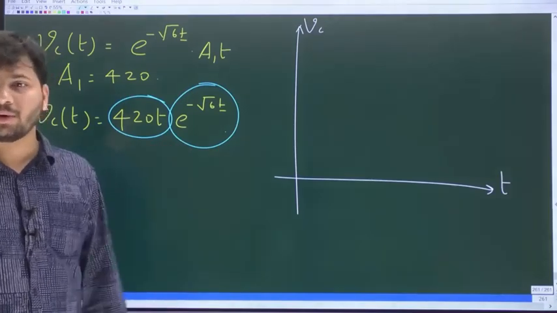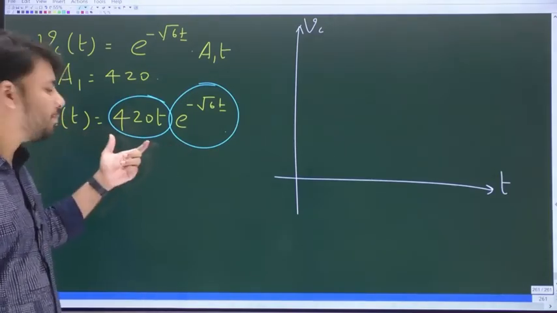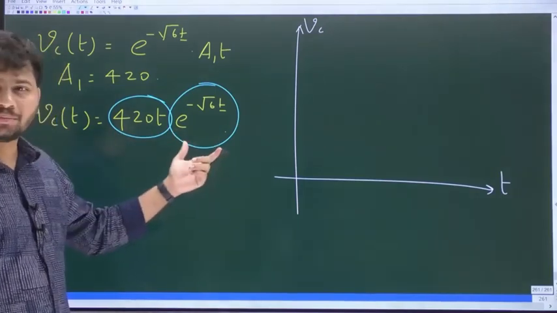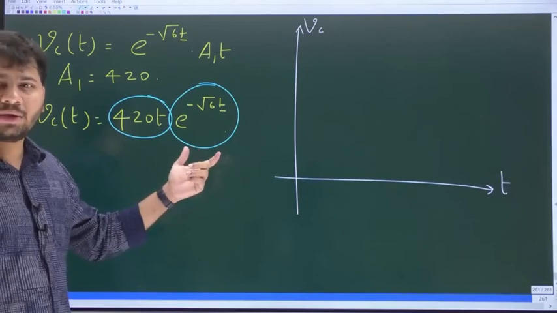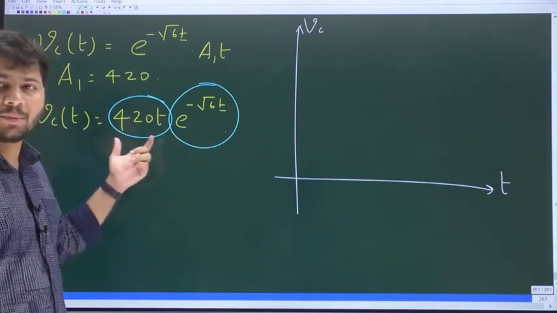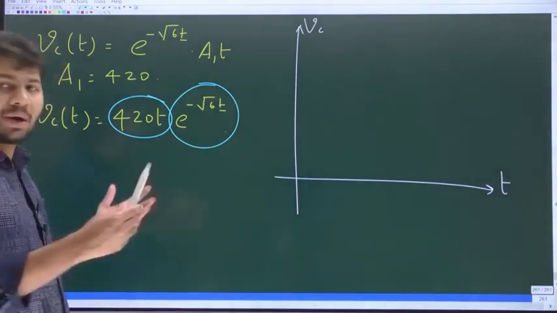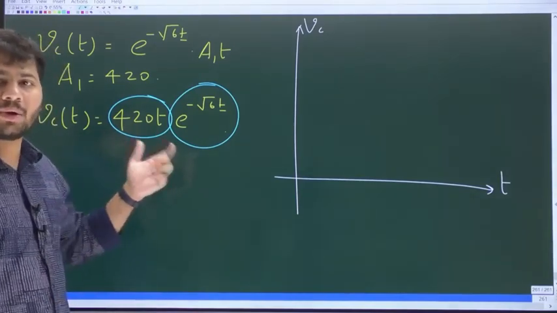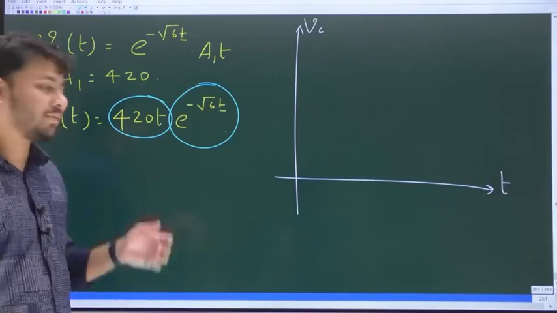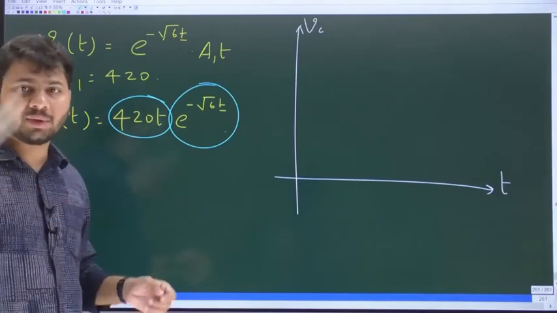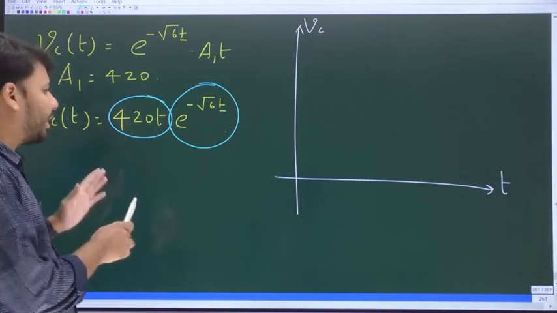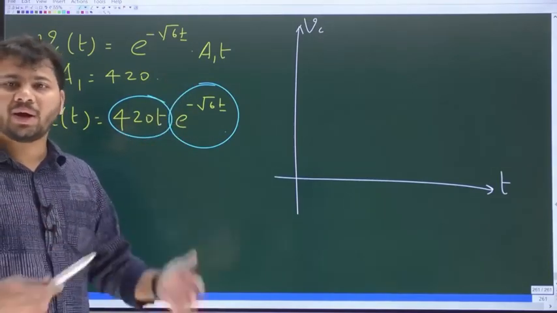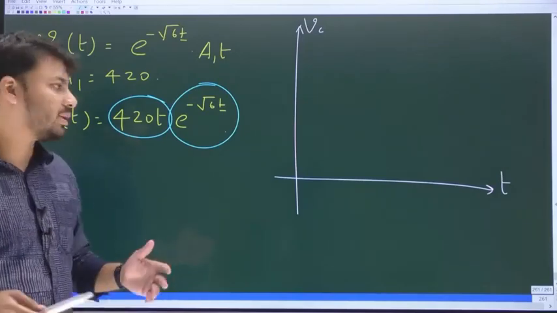The secondary function gets dominated by the first, so overall Vc will increase with time. In other words, the rate of increase will be greater than the rate of decrease. That means the net rate of change will be an increase. So initially